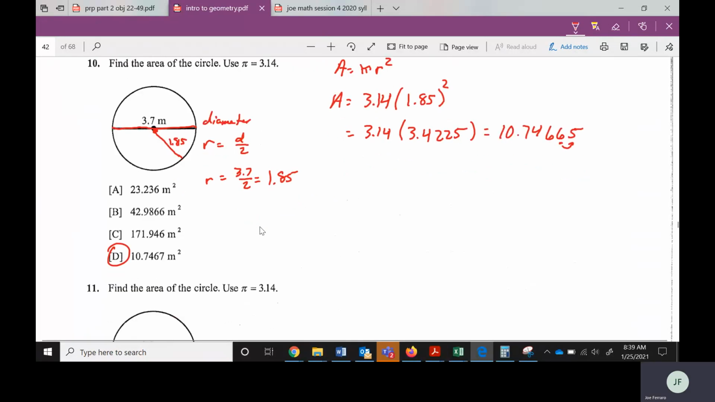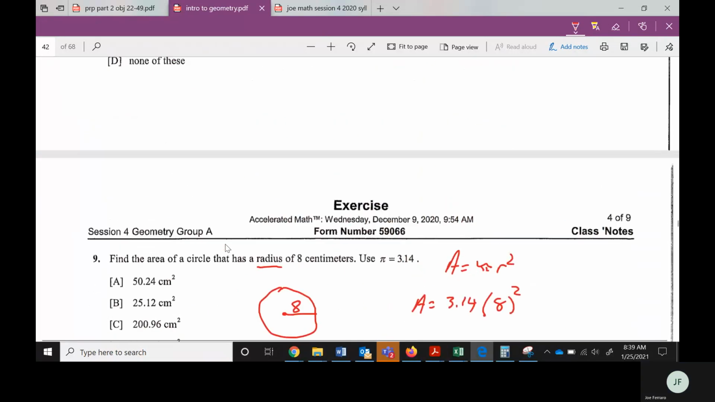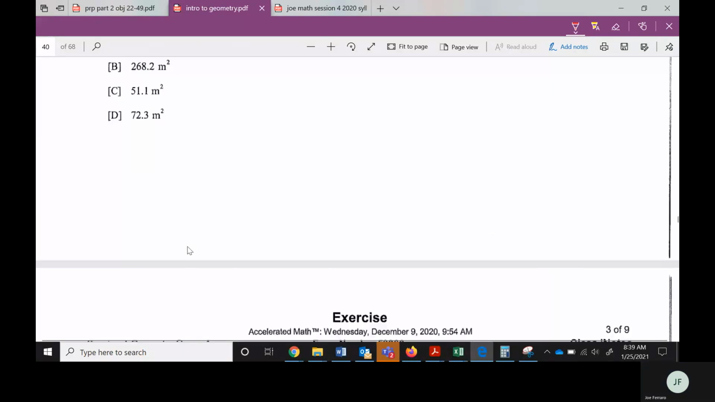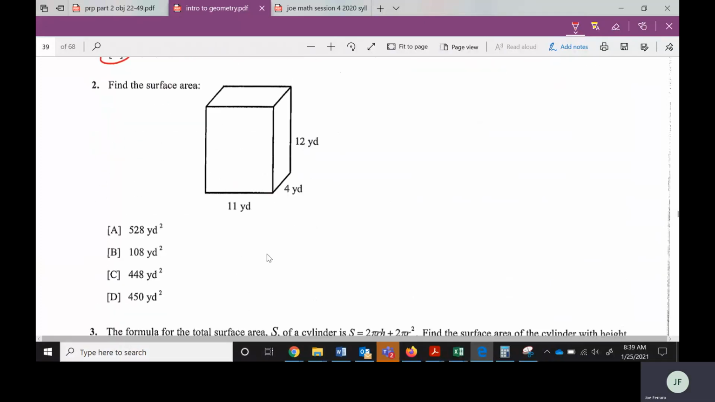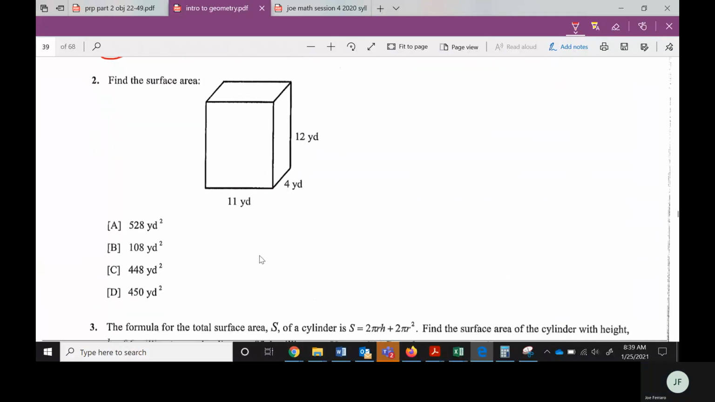Okay. So now we're going to go back to that first page. We're going to talk about surface area. Okay, so we're going to look at number 2. Okay. So what surface area basically is,